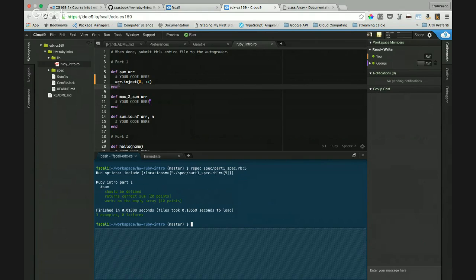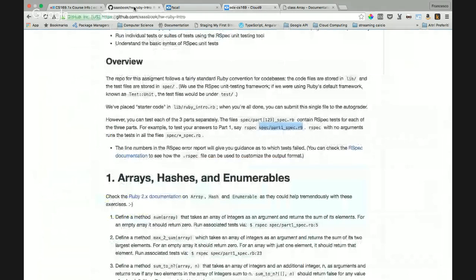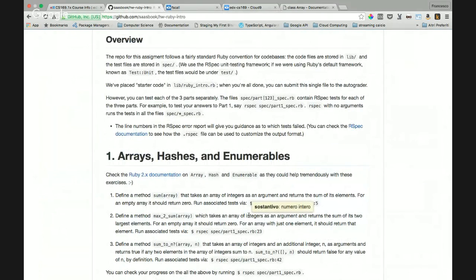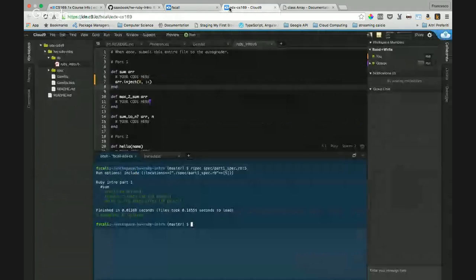Max to sum array, the second function. Yes. Okay, maybe I should copy the description right in the code.